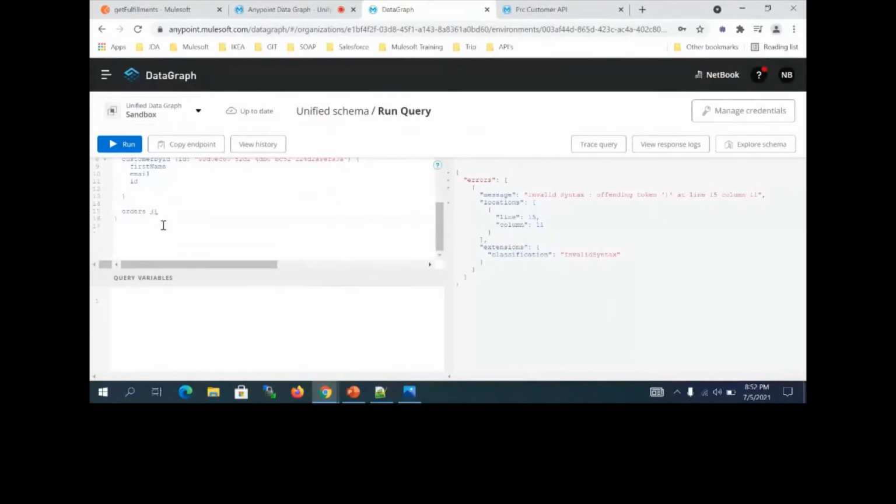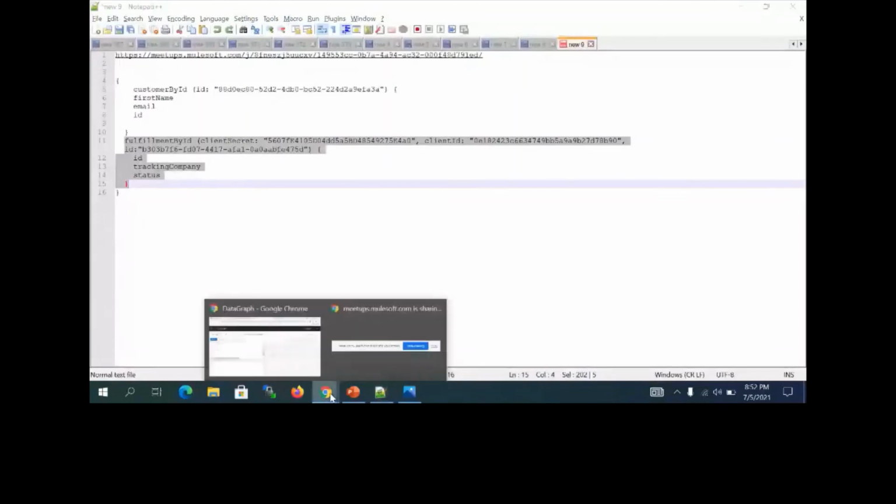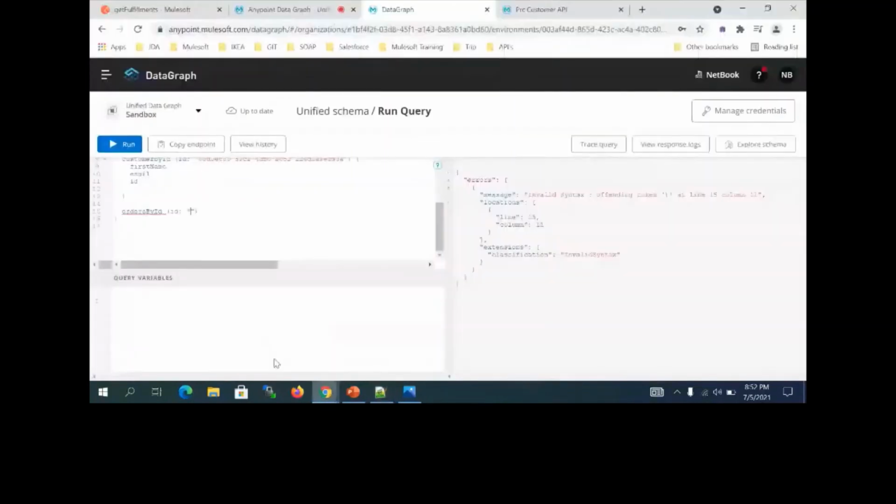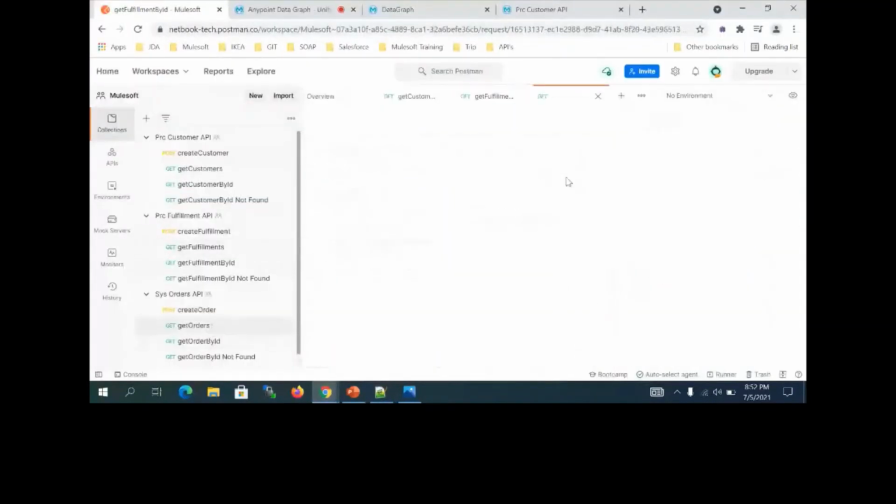This is a GraphQL query. We need to learn a little bit to access these queries. Otherwise, it is going to give suggestions anyway with this Control Space mechanism. So ID, I can pass something over here. I have some order ID, let me get that order ID.